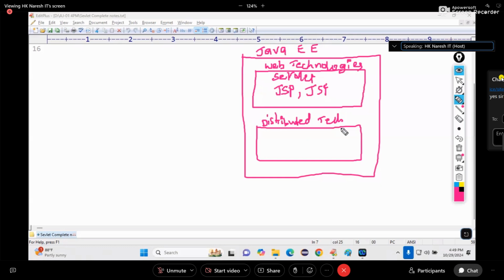Distributed technology. This is my way of understanding, again I'm telling you. What are the distributed technologies? EJB. According to my company, how we have used the terminology, that way I am presenting here. Sir may present it in another way. Murthy sir, if you join Spring Boot, another way. Some other faculty, Spring Boot, another way. Every faculty has their own